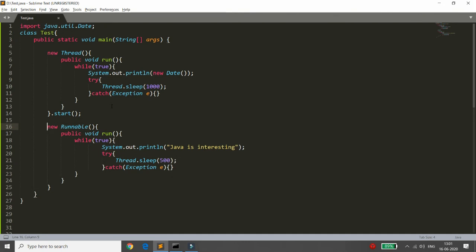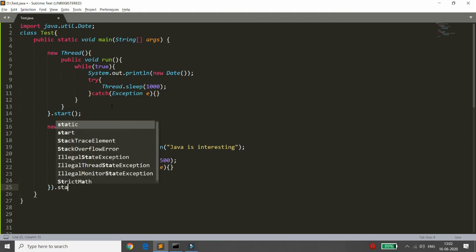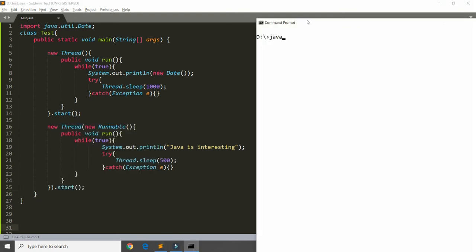So you can pass it to your Thread. What I'm doing over here, you can just pass it inside your Thread. So this is the bracket that is created of Thread. You can pass it, and then you can call dot start. So javac Test.java, and just execute java Test.